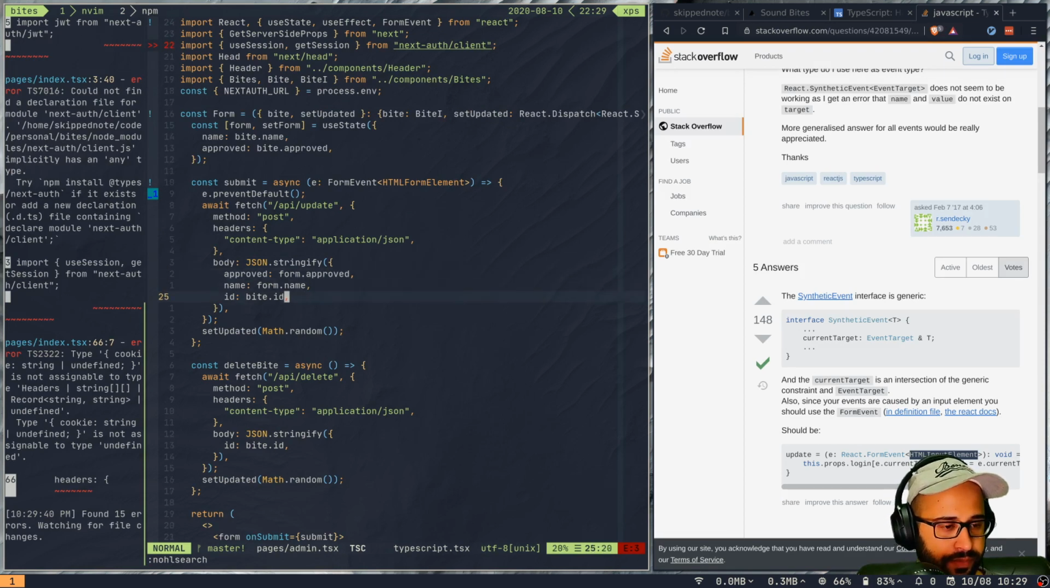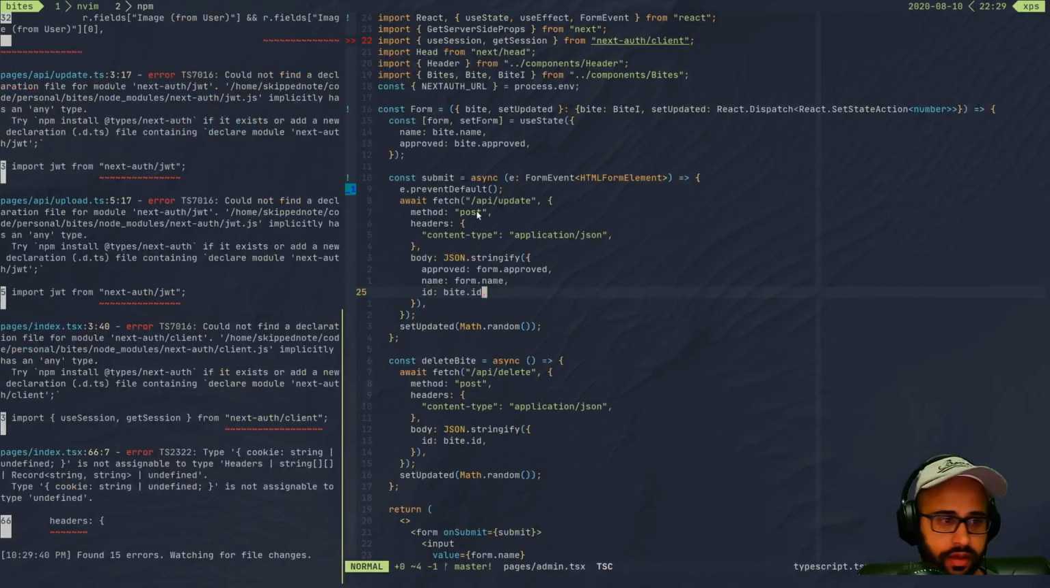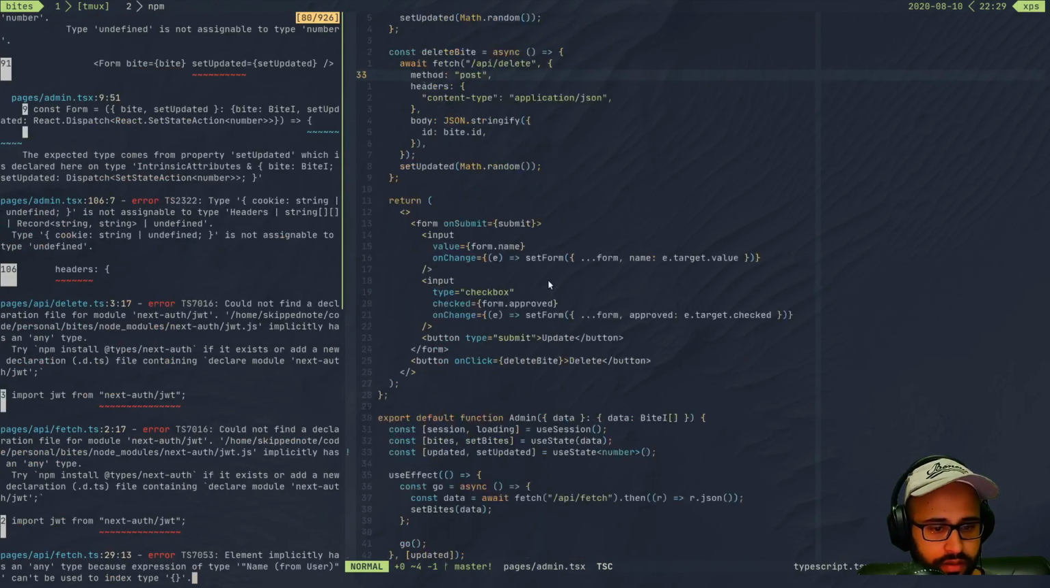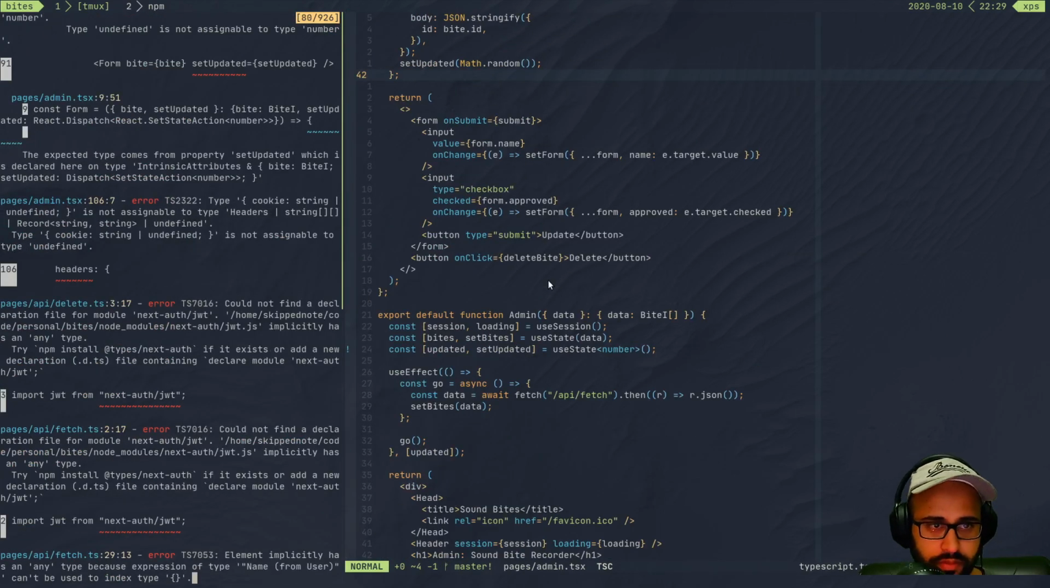Okay, let's now make this bigger, and let's take a look at what else do we need to address within admin. I think we can just use Vim to tell us